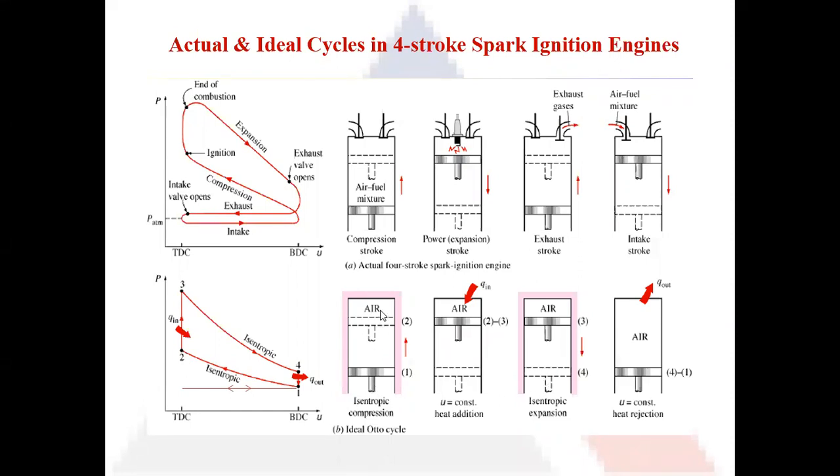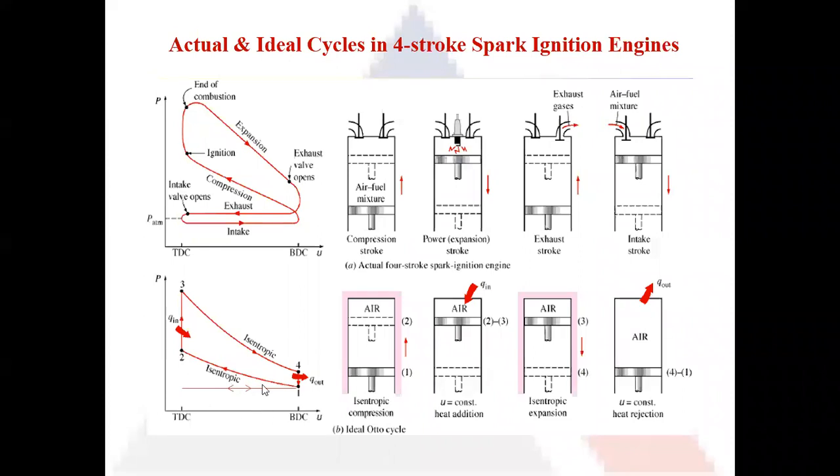So here the air is inside the combustion chamber, and when the piston moves upwards, the air gets compressed. Okay, and then we provide heat to the air. That heat from outside makes the air expand. So this pushes the piston in the downward direction. When the piston goes downward towards the bottom dead center, the air that expands loses its heat to the environment, and the heat goes out.